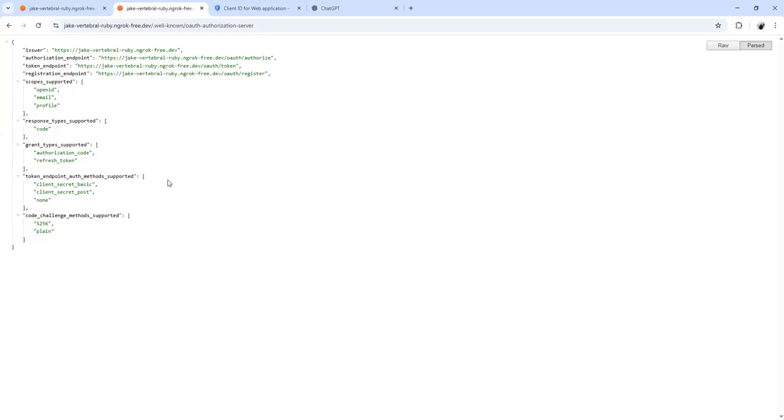The other well-known endpoint is the OAuth authorization server. ChatGPT reads that document to discover where to send users for login and which flows and scopes we support.